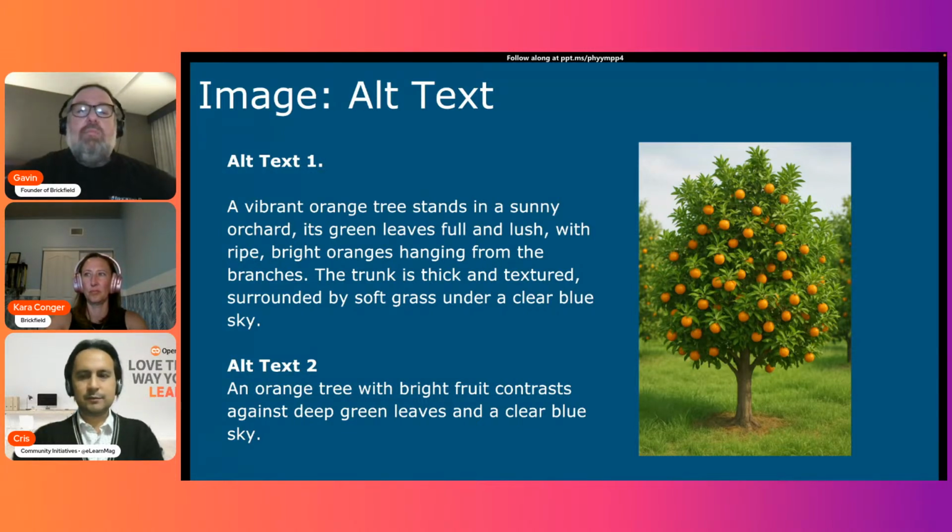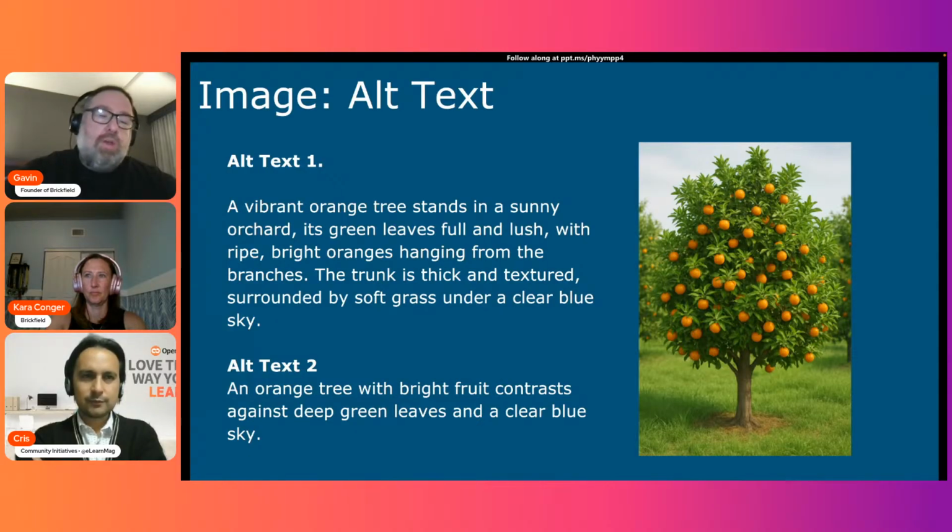In this case, maybe if you're just talking about this lovely tree, there was a photograph one of my team took when they were in Valencia at a Moodle conference there recently. And it could have been going, hey, here is an orange tree with some bright fruit. It contrasts against the lovely green leaves and a clear blue sky. However, it could be something that the context is more that this tree is part of a big orchard. The leaves, they're not just green, but they're full, they're lush, and the bright, ripe oranges, etc. So it really depends on the depth of description and the context and when you use it.